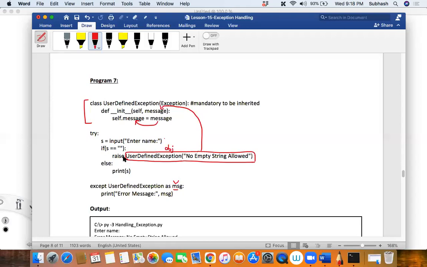Okay, when I raise that, tell me where does the control come to? It means an error has occurred. An exception has occurred. It means I have to come to the except block. Agree, disagree? In the except block, I have given user defined exception. It is matching here, isn't it? And now when I get this, I am storing this object in a particular object. I'm catching this in this object.